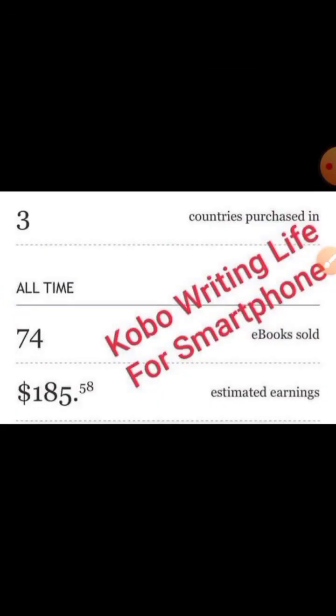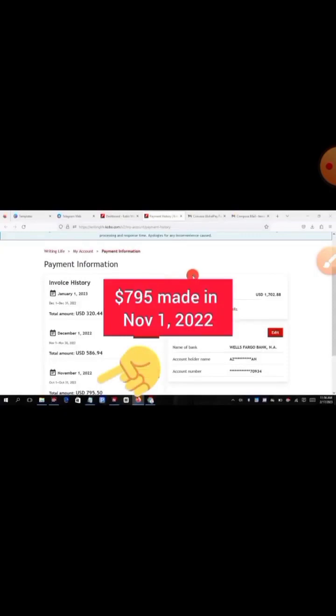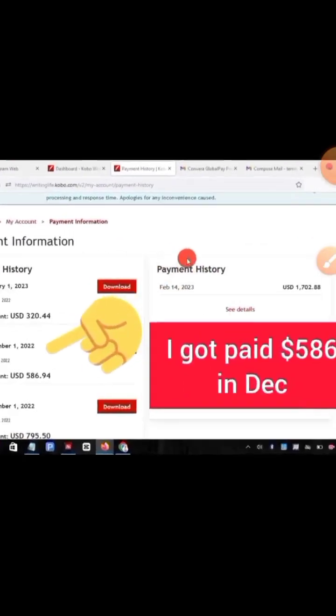Here is another student of mine that made about $185. Just imagine that amount of money in a month, in less than 30 days. We are still in the month of March and he has made over $185. All right, if you calculate it, that is almost 100,000 naira or even more, right? So let us continue. So here's actually a video of mine where I made about